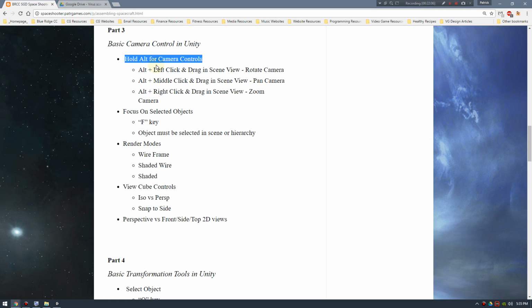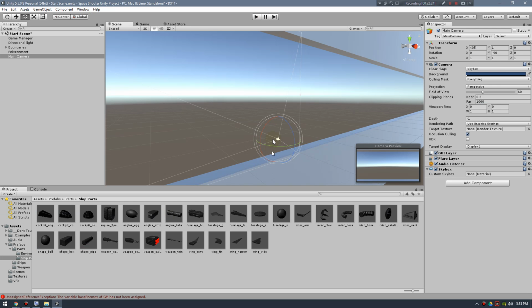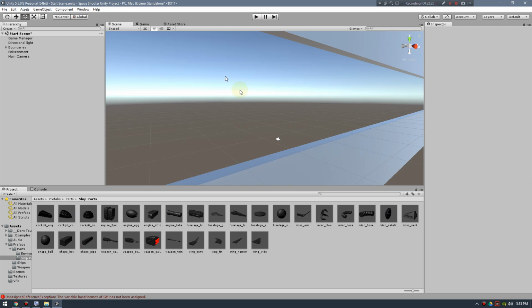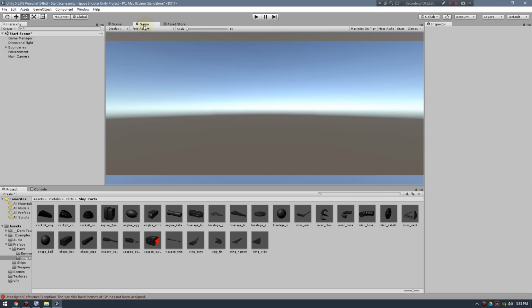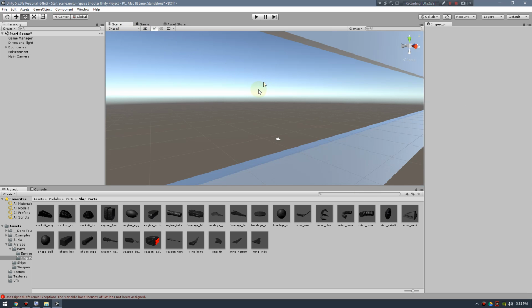You're always going to be probably rotating your camera in your scene view. Plus, it gives you access to a bunch of other keyboard shortcuts, like the F key, or a few other ones that we'll see in a bit that'll make working really fast. So why don't we get into Unity and see how we can use this Alt key. So right now, if I just click and drag inside of our scene view, remember we're not in the game view, we're in our scene view,